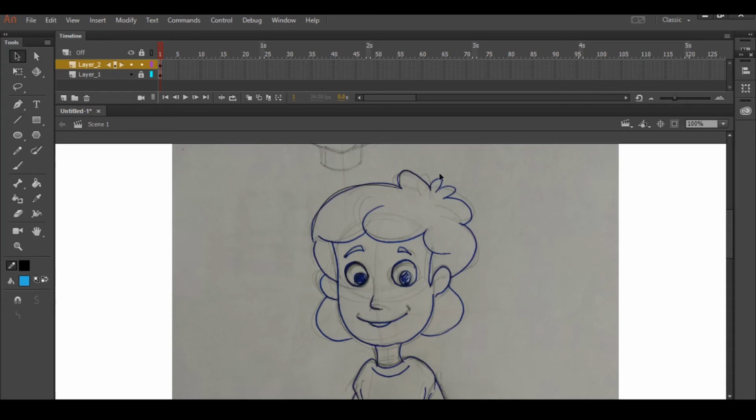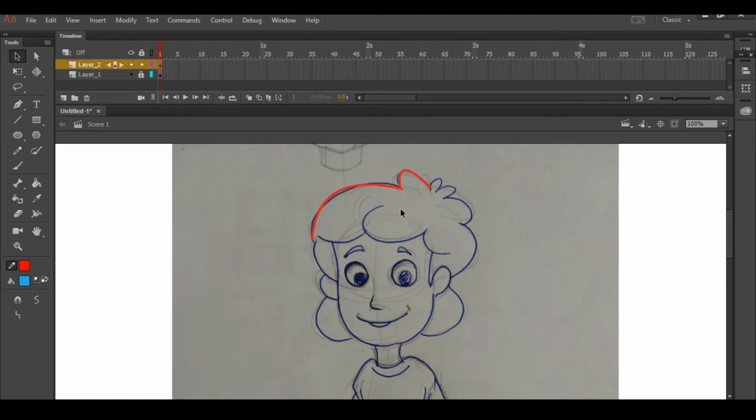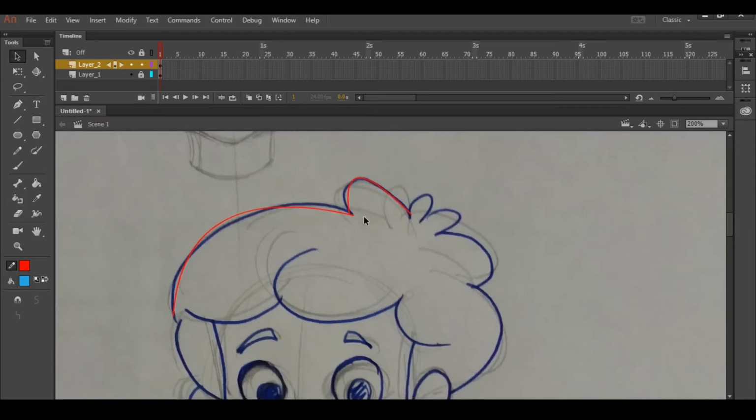Because the drawing is in blue color and the line is black, if you can't see that, no problem. Change the line color to whatever color you want which is visible. Then you can change the color later. I've just zoomed in on this part. See, there will be small cuts like this. See that everything is closed. There should not be open gaps when you are tracing.